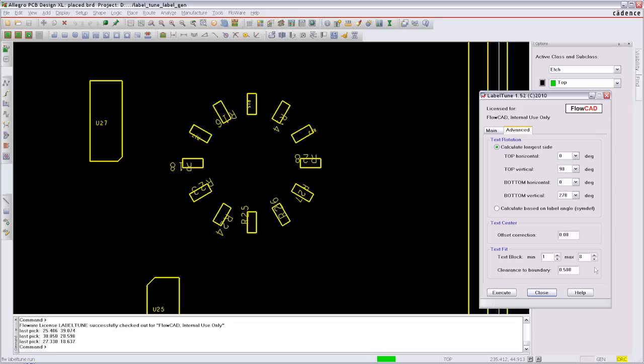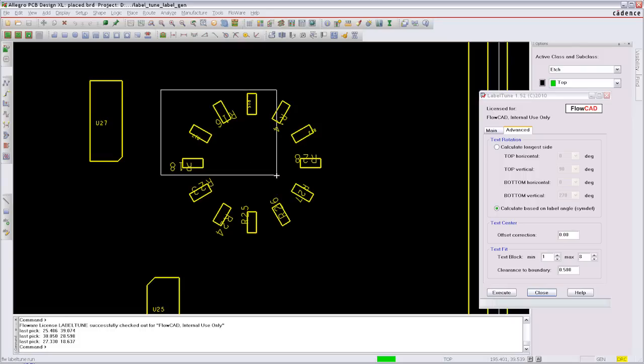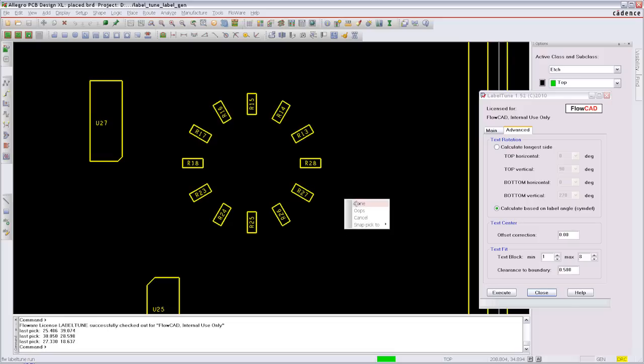With components which are not placed in a rectangular way, the readability is still required, from one side or from the horizontal way. The text rotation will be adjusted accordingly.